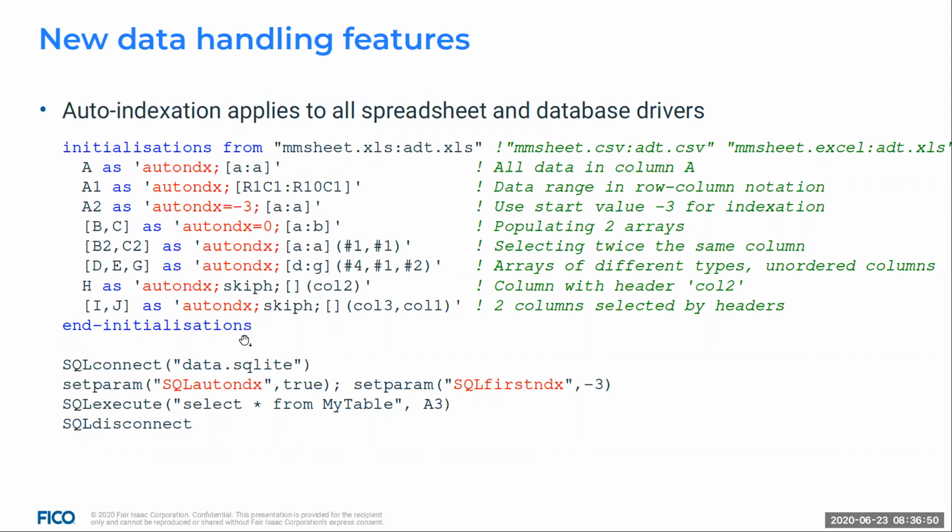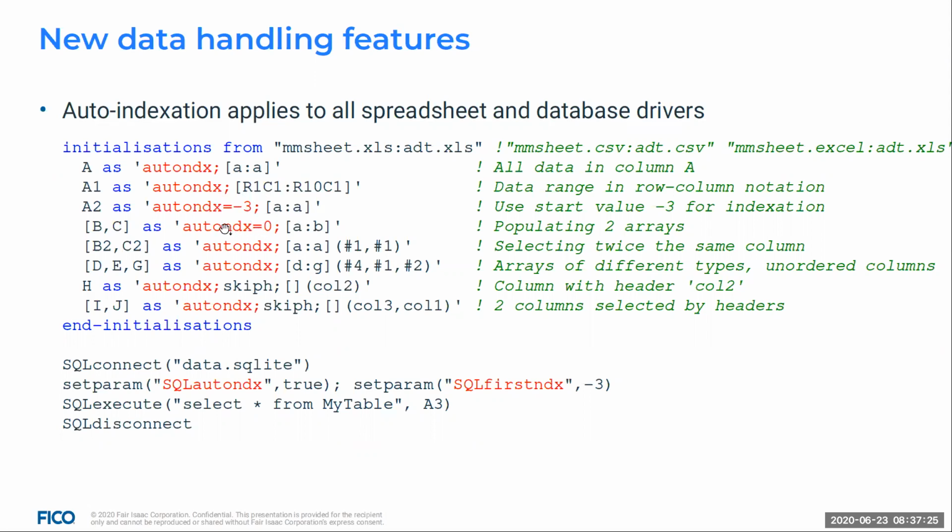I have a large number of possibilities of accessing spreadsheet ranges. I can specify a range by columns. Here I'm just saying take everything that is in column A. I can use the row column notation, so from row 1, column 1 to row 10, column 1. So I'm in the first column, I'm reading 10 fields. Here I'm using, again, just the column selector with specifying some other